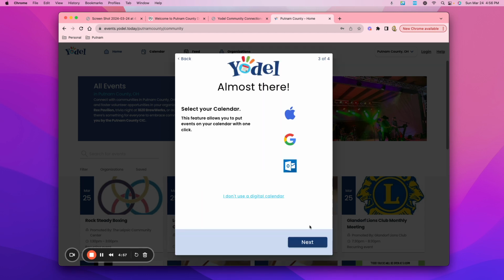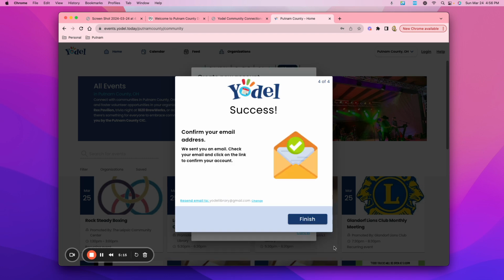And so when I say next here, I then have the option to select if I want to automatically have these sync to a specific type of calendar: an Apple calendar, a Google calendar, or with Windows, the Outlook. And if I don't use a digital calendar, I can simply click here. So I'm going to say next.